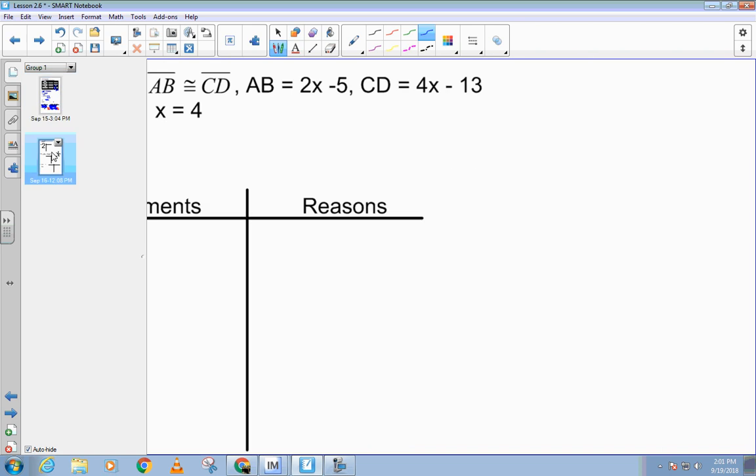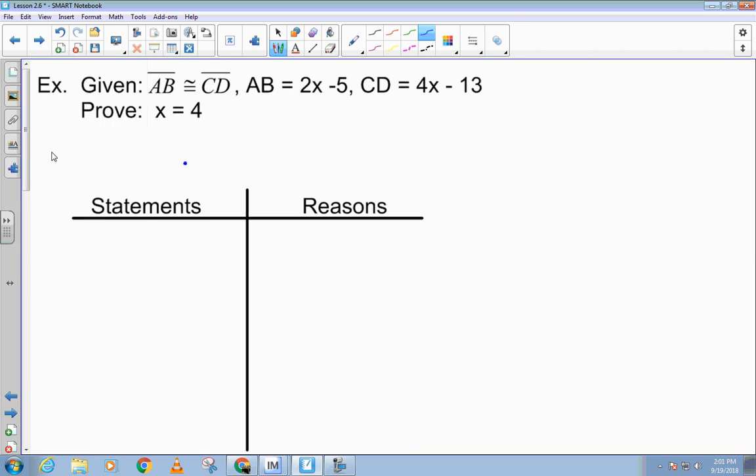Alright. That's basically what you're going to be doing today. Now, I want to show you some other ones that involve a little bit more geometry, because those are going to be coming starting Friday and Monday. Okay? And so we kind of want to ease our way into it. But we all know how to solve the equation, so I'm going to stretch your brain just a little bit and add a little bit to it. Alright, so again,